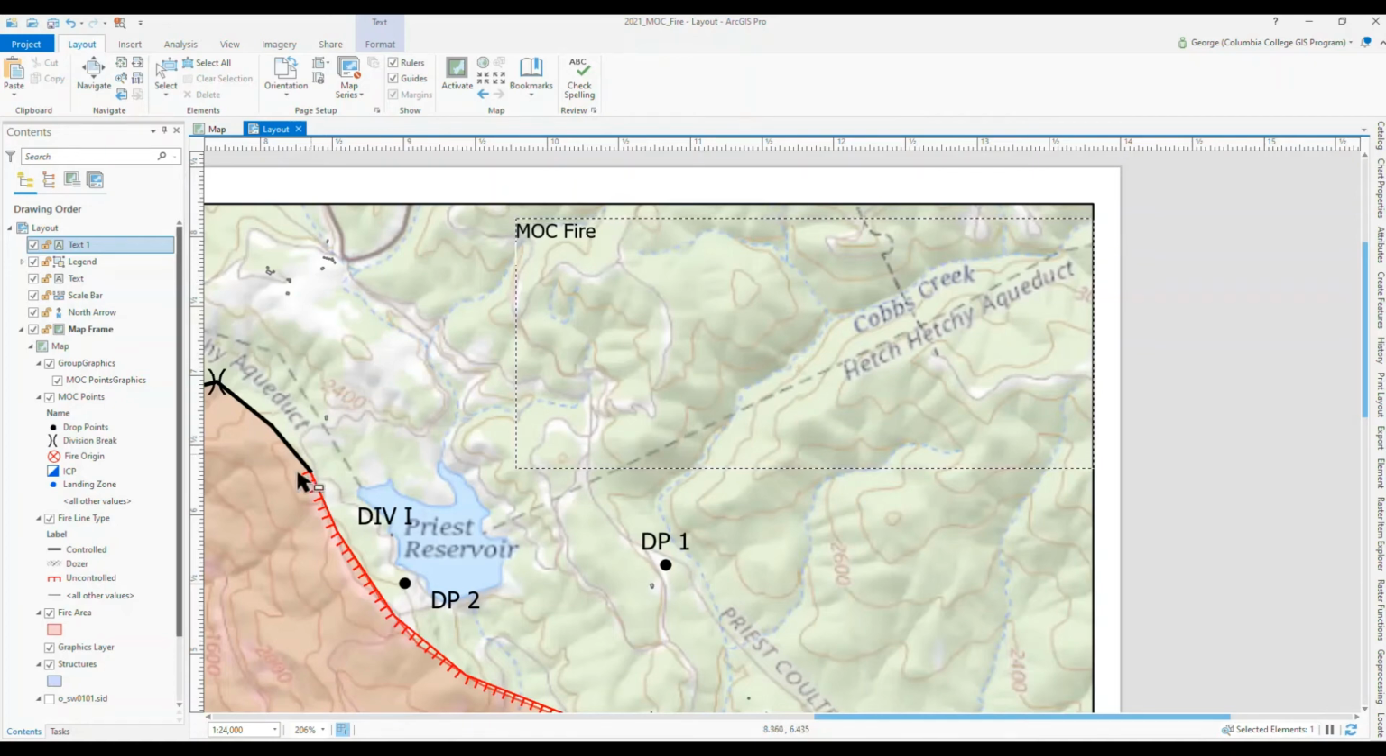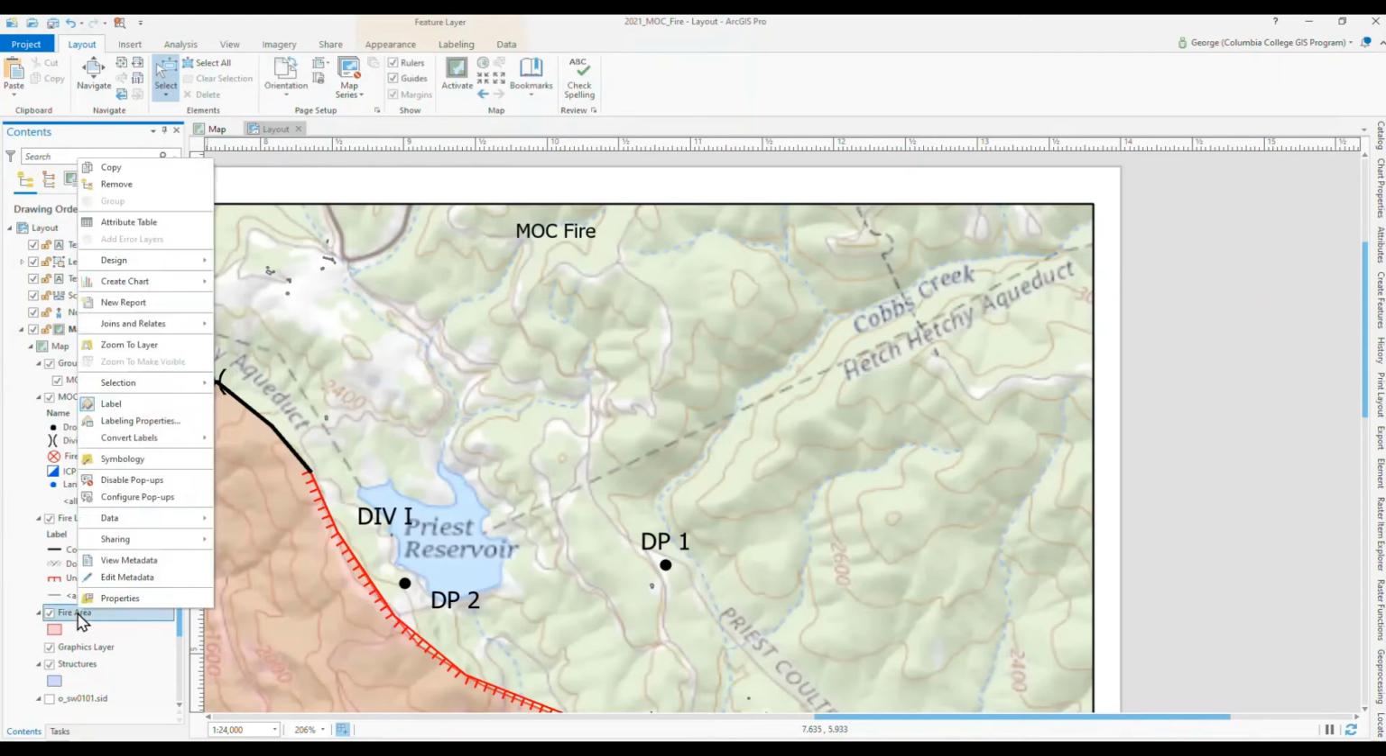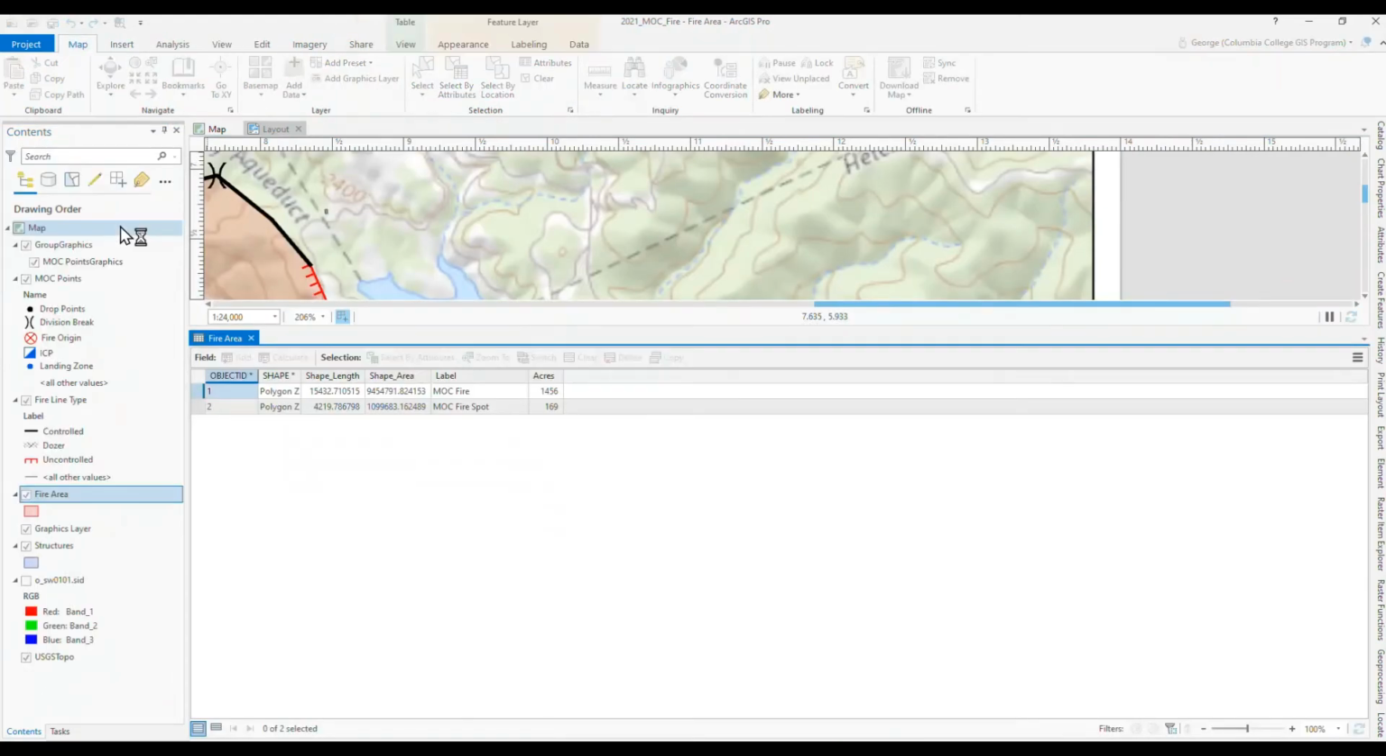I didn't add up the acreage, but what you can do is go down here to the attribute table and then add up the acres there, 1456 plus 169. So that's 1625 acres, and incidentally, the Moke fire, when it ended after about a week, was I think around 2,800 acres. Let's get rid of fire area,